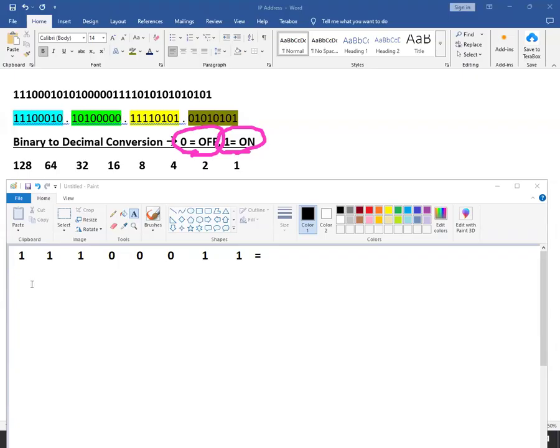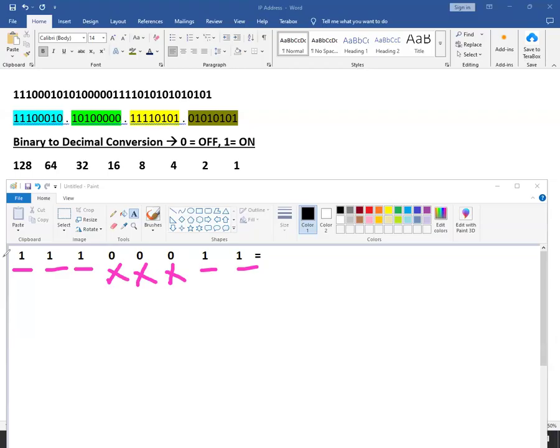So see in this example, how many bits are on here actually? In this example, this bit is on, this bit is on, this bit is on, this bit is on, this bit is on, and the remaining 3 bits are off. So just forget about the bits that are off. Just try to see the bits that are in the on position, that are ones. Ones means they are on.